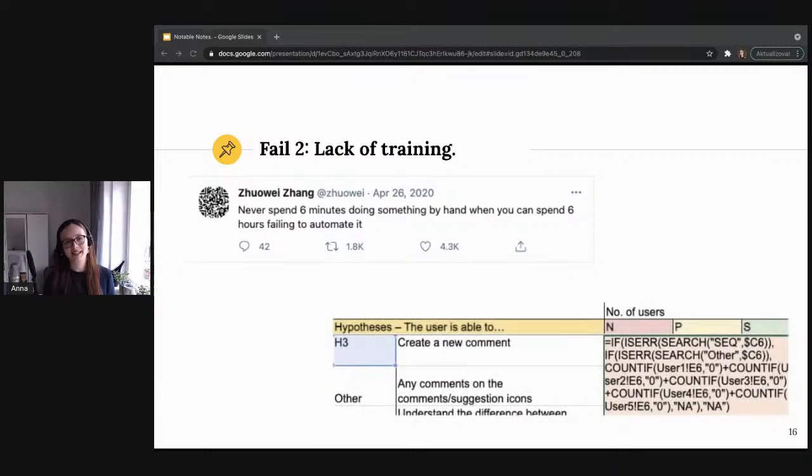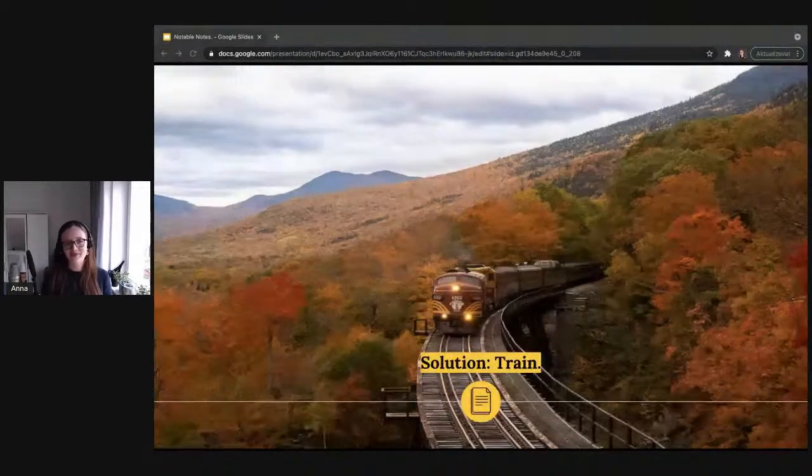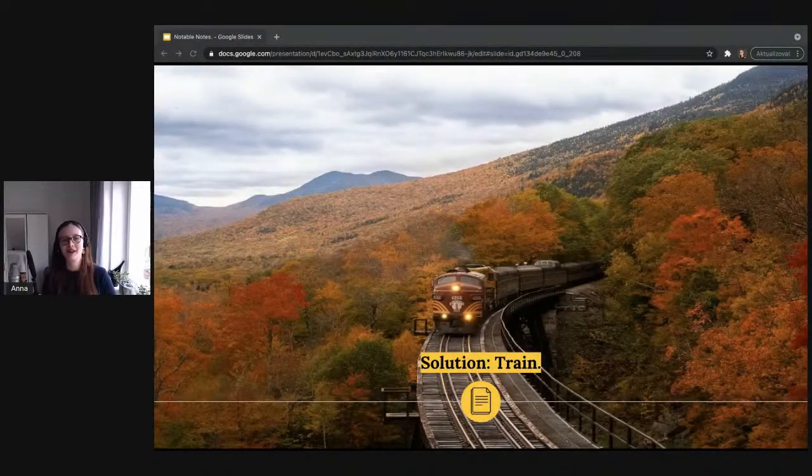And yeah, so the idea behind it was probably great, but it ended up being not so usable for my note takers. So this is just an example of a part of the monstrous table that I had. And yeah, so I shouldn't wonder that it was hard for people, especially if they were doing it for the first time. So to sum up, if you want to get reliable notes, you first need to train your note takers. And as a proof,